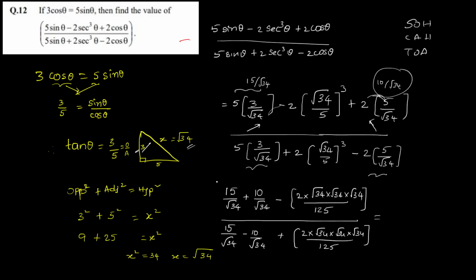So that will become 15 plus 10 is 25 by root 34 minus 2 into